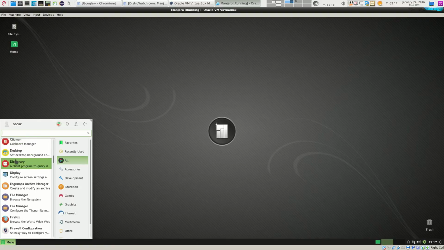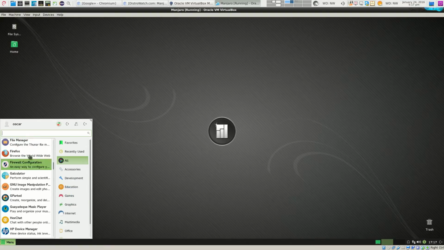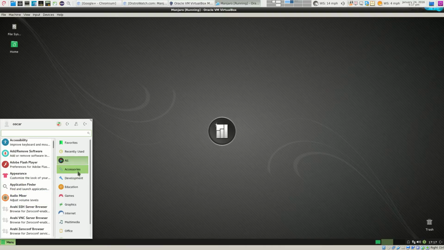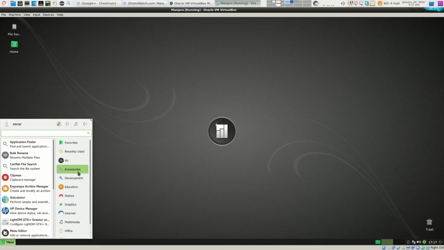This is every single thing that's here. So instead of going one by one down the list, I'm going to go through categories. You get your accessories, the application finder, which is a very good app or program. Your bulk rename for multiple files, which is pretty good. Catfish file search. Search the file system for a file.